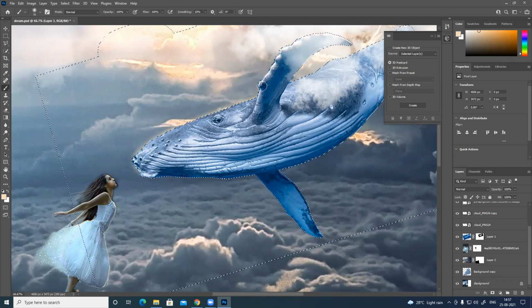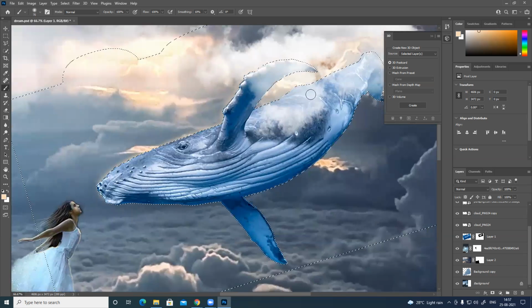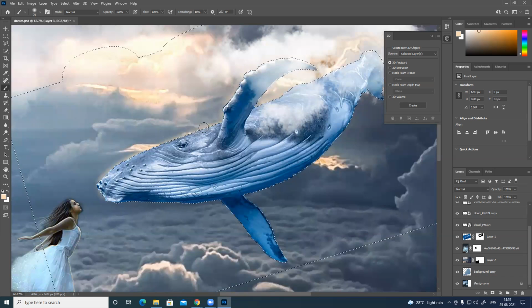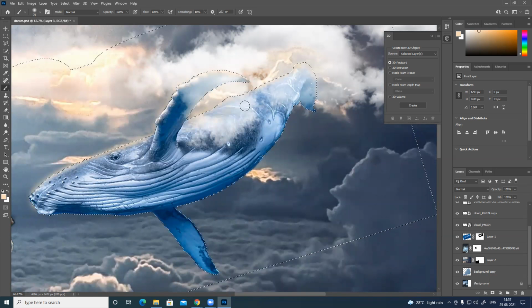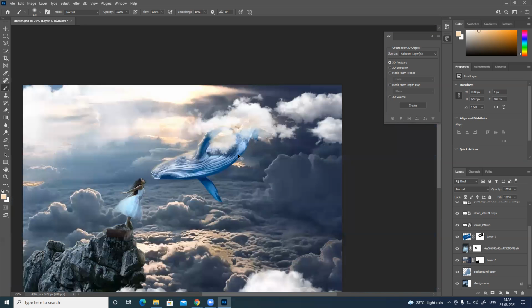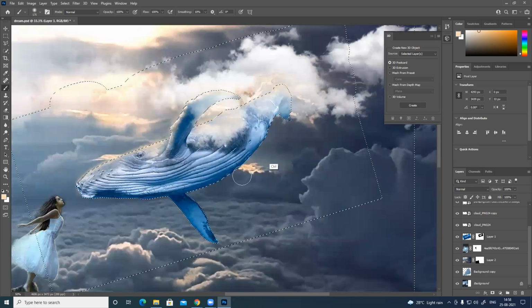As I have a selection for this, I can do it very easily. The base also I have to add a little color tint. It's way too blue.